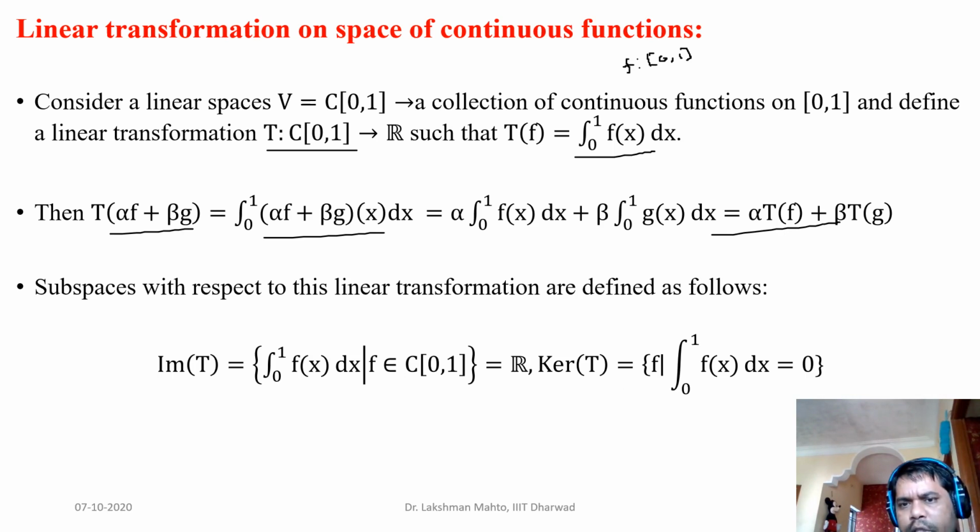The image of the integral transform is a fixed real number, because it is a definite integral. A definite integral always gives a fixed number, so it is a real number. You can call this real number p or something like that. What is the dimension of the real numbers? It is 1. So the image of T is the real numbers, which means the image of T is a one dimensional space.